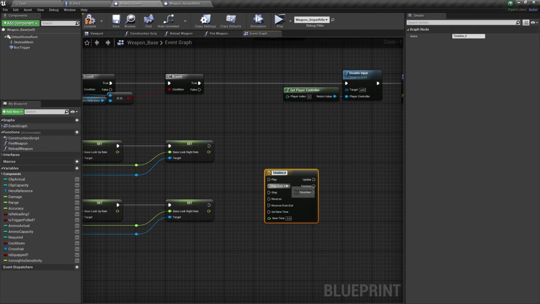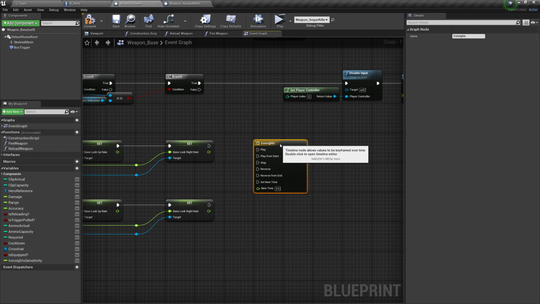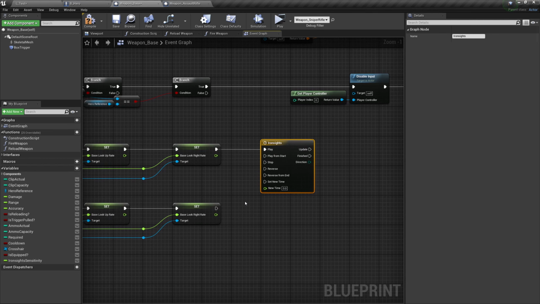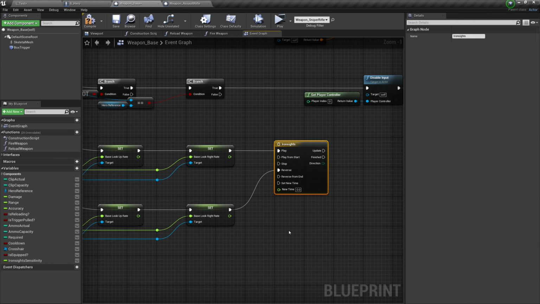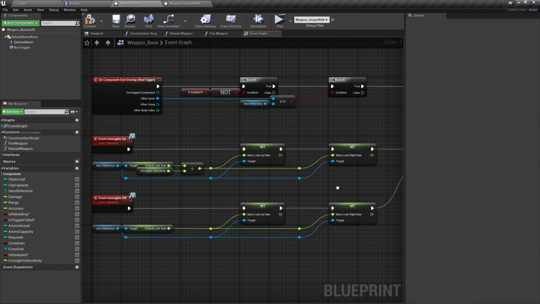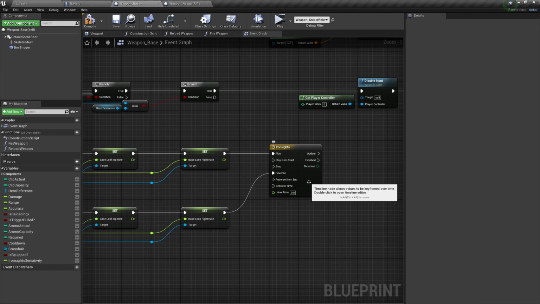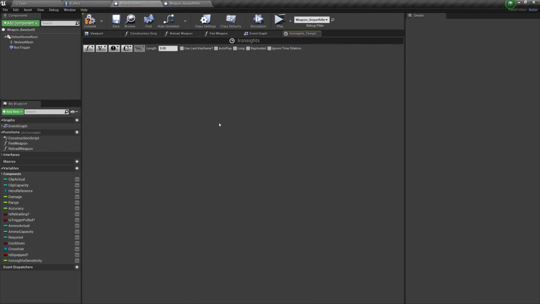Now this timeline is the reason that we can't do this as a function. Maybe some of you thought, well, you could set up a function and fire that function from each blueprint, but timelines don't work inside of functions. Functions need to be instantaneous. A timeline, well, you're about to see it now. So once the timeline's plugged in, we want the Ironsights on to be in play and the Ironsights off to be in reverse. So we will open up the timeline and come up to the top left here and add